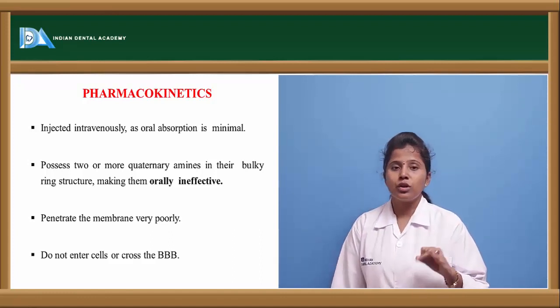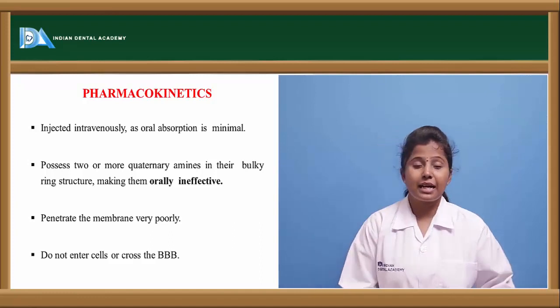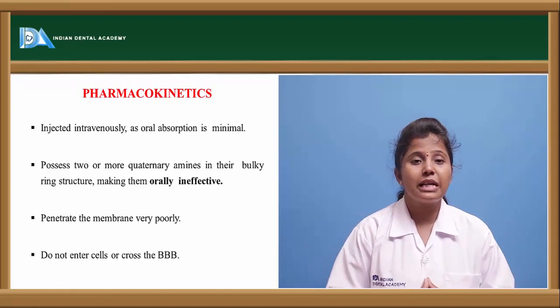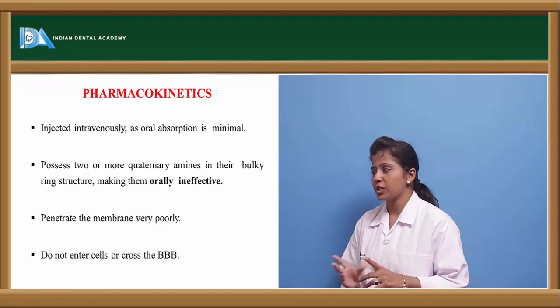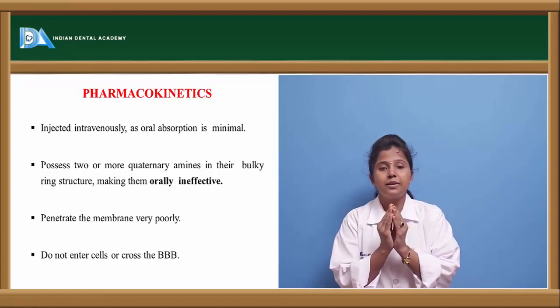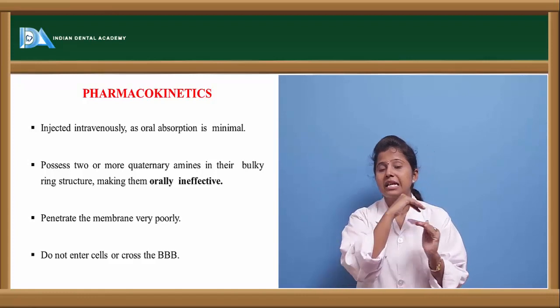If we see rocuronium and mivacurium, these are short acting drugs. That is the reason they are rapidly absorbed in the body, and these drugs are mostly recommended to be given by IV route rather than oral route or subcutaneous route. Here there are tertiary amines and quaternary amines. We have discussed this in the classification.